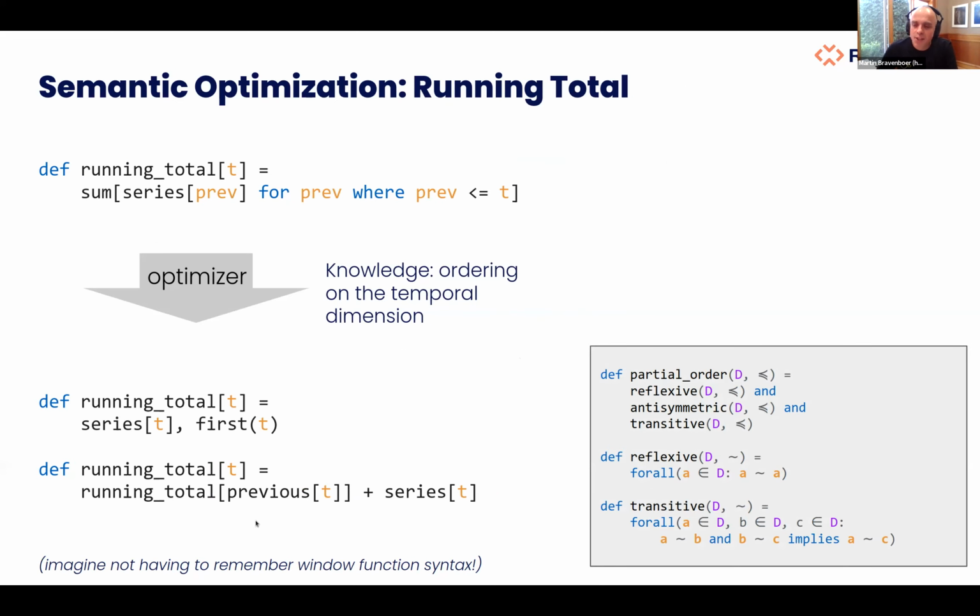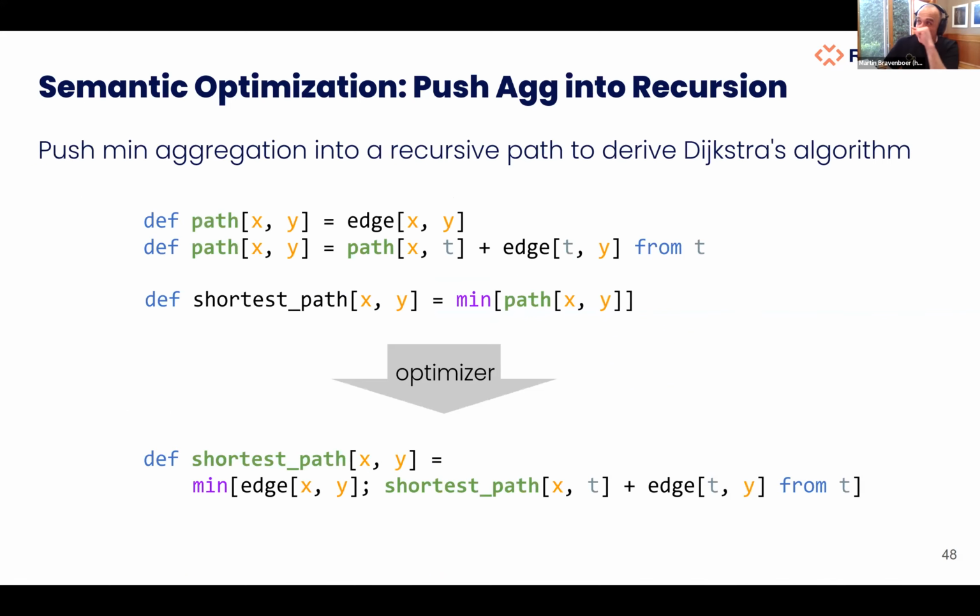One of the things I really struggle with in SQL is remembering the window function syntax. So if the only thing we achieve is that you don't have to remember that anymore, that would be great. All right, so then to go further into a shortest path example,